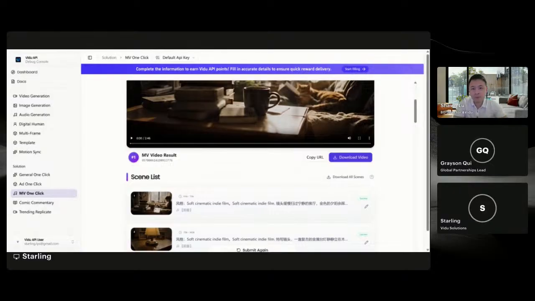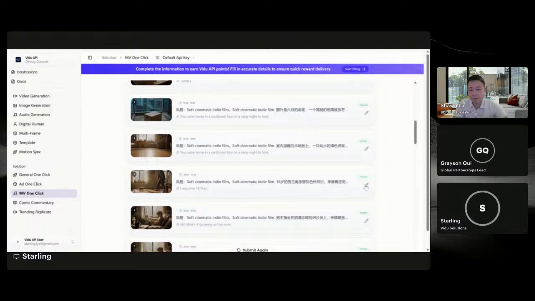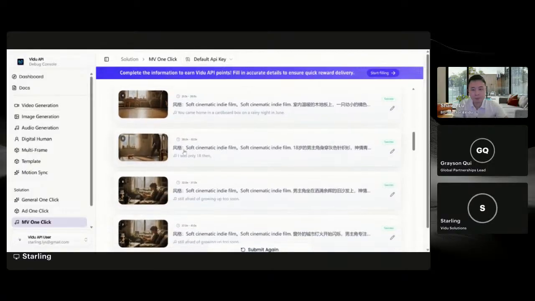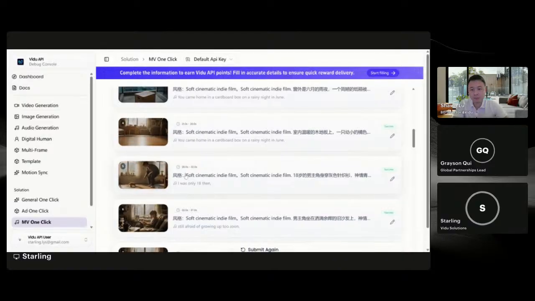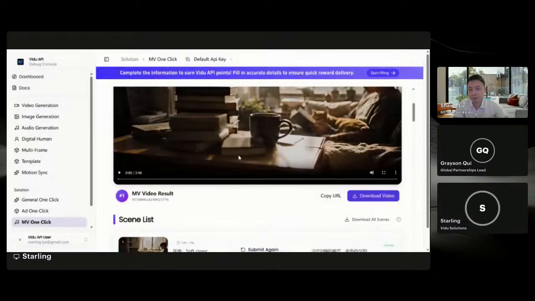Great. Can I go ahead? Sure. I just want to showcase these features real quick. You were seeing the output, that's just one click, and then I have the entire video. But what if I'm not 100% satisfied, maybe with 2-3 seconds? Then I could edit it very easily. I will know exactly the timeline. Sorry about the Chinese, my first language is Chinese, so there is some Chinese in it. Maybe I find a shot in this timeline that I'm not entirely satisfied with. I could just click once and edit it. I could give it a prompt and regenerate a scene. After I regenerate a scene, I could redo the video again.